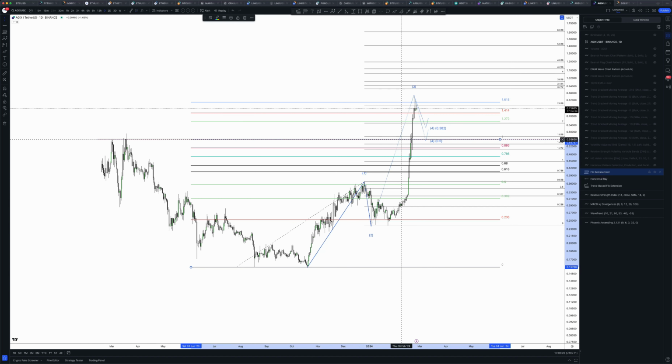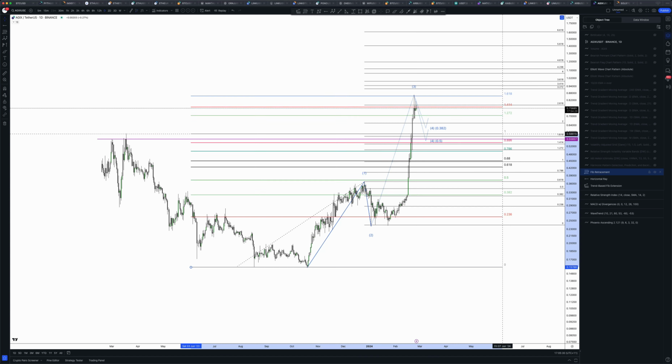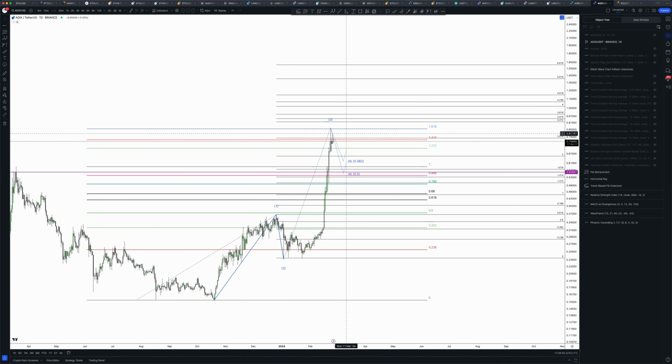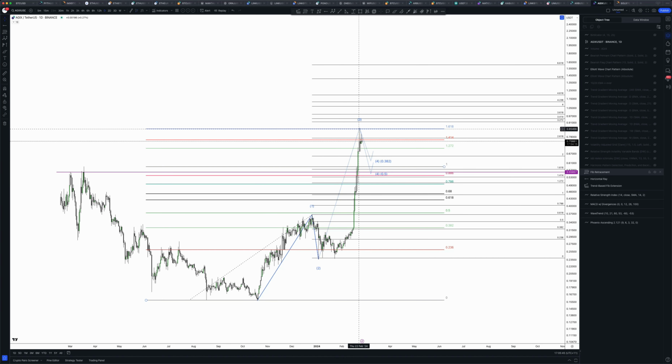So if we've got that one, and if I was to include that wick, you know what? Probably does it perfect. Oh, there you go. Perfectly, 1.618. There, and therefore we'll leave it as that. You can see we're not going to get past that anytime soon. Very much like Solana going sideways, we are likely to come down, and my area of interest will be around here,